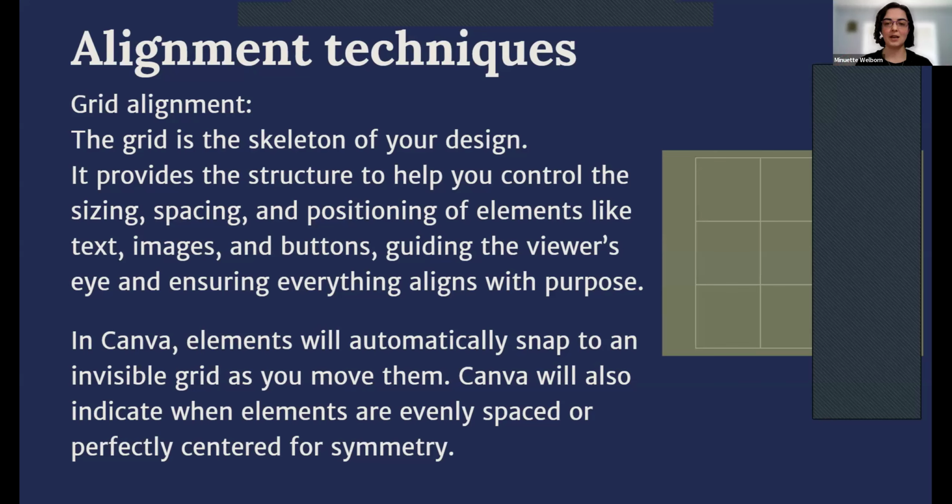I will be posting the PDF. It has a little tutorial on how to do that in Canva, but you can set up a grid. I like the 3x3 grid because it's super easy to use. And once you place elements like a picture or text or whatever you want to put, it can snap straight to the grid and help you with knowing how you're going to size things and how you're going to align them. It's super easy to use. And so grids are very helpful for alignment and making sure that things are evenly spaced or symmetrical.